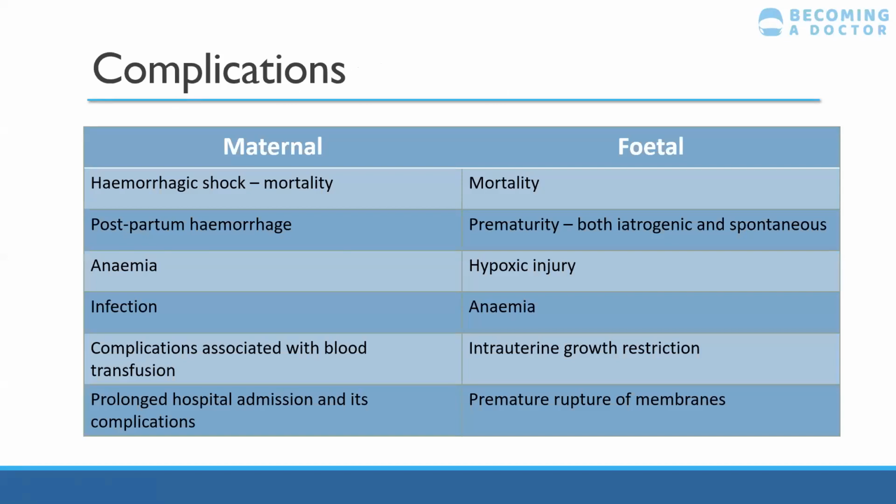So this is just covering the complications of APH. So obviously complications for both mum and baby, there is a risk of death. So that's the most significant that we need to think about. For mum, any person who has an APH is then at higher risk of having a PPH. That needs to be thought about when she goes into labour or if she has a C-section. Obviously, if there's significant enough blood loss, then she's at risk of anemia, and you need to prevent and treat